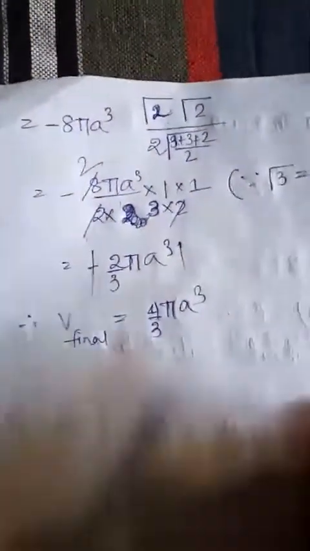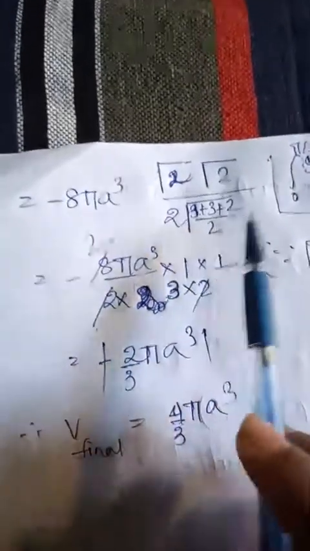This is the next page, and we all know about the gamma function. The gamma function formula says that the integral of sin^p theta cos^q theta d theta over 0 to pi by 2 is defined as gamma((p+1)/2) gamma((q+1)/2) divided by 2 gamma((p+q+2)/2). That is the formula. Let's get back to the math.